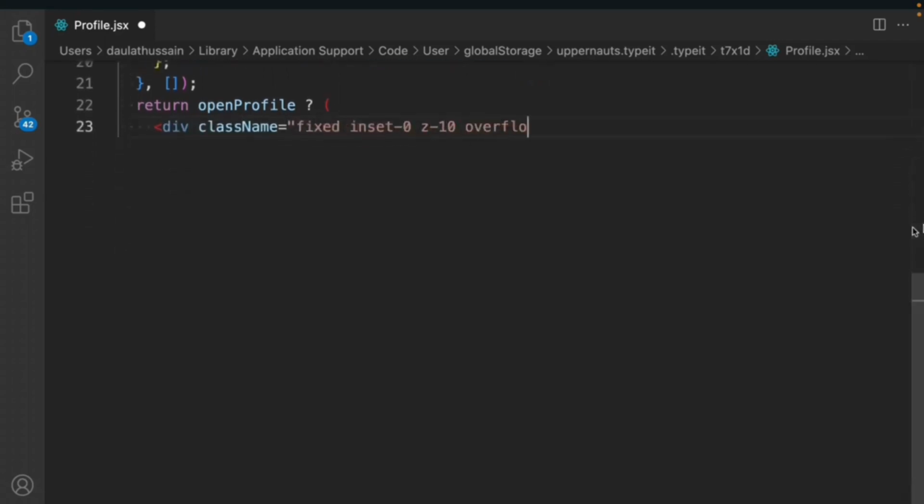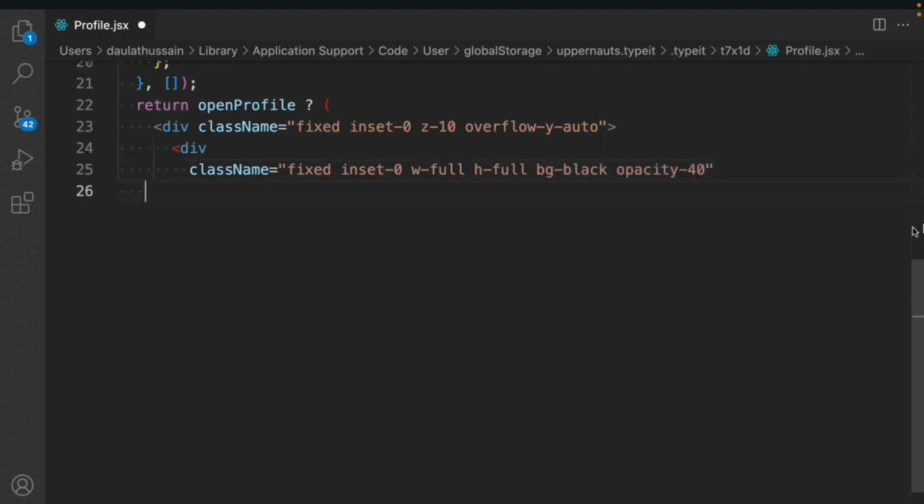So let me quickly take it, or you can simply copy paste from the previous component. These are the same classes we have to assign for opacity 41. We'll take the onClick function, and we have to set this to false. We have to close it, close this one, and now we have to work on the actual component. So the first header is going to be the same. So let's define the same classes,